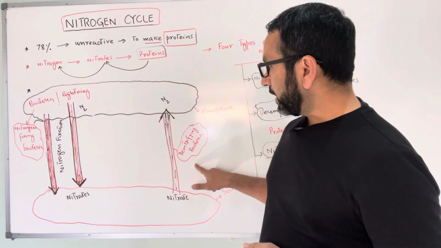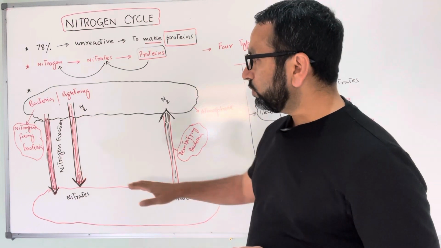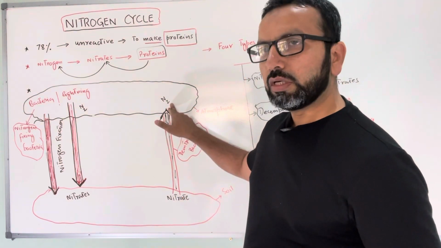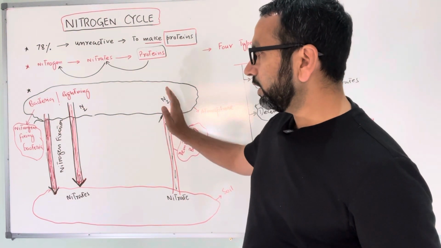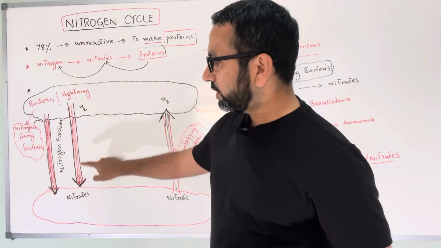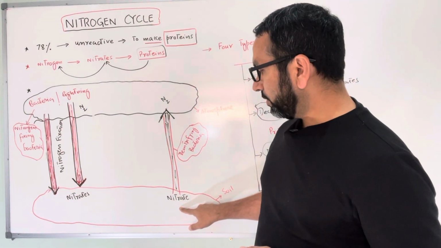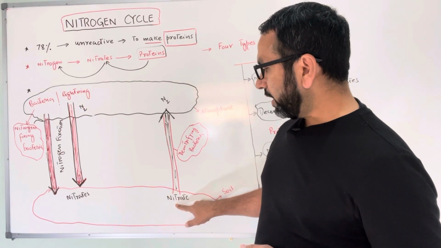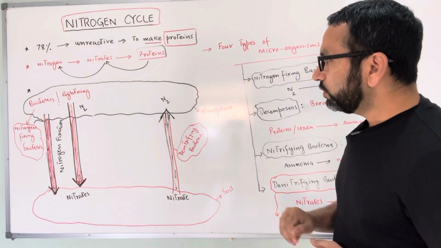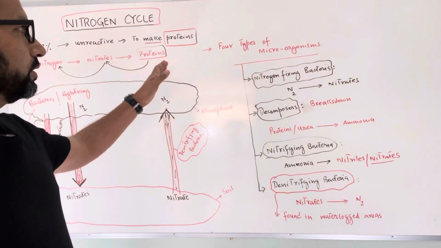There is another group of bacteria which is called denitrifying bacteria that always do the reverse of this one, meaning converting the nitrates into nitrogen gas. So the arrow is indicating that this is going to be a cycle, how atmospheric nitrogen is converting into nitrates, and then on the other side how denitrifying bacteria are converting nitrates back into nitrogen gas. So nitrates, which are very important for the process of growth,